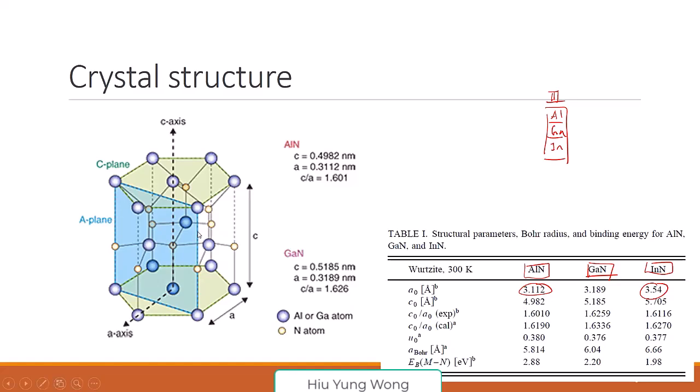So for example, here, this is the crystal. Nitrogen is the yellow one. It occupies this lattice site. And then aluminum and gallium can go to this part. You can have all gallium, then it is pure gallium nitride. You have all aluminum, then it's pure aluminum nitride. You can also have alloy,